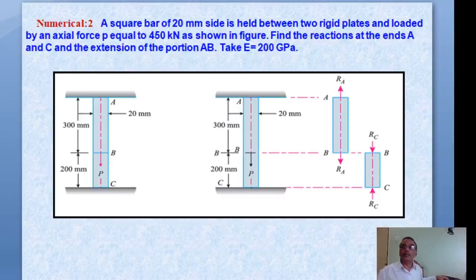Now see that structure, and the FBD is already given here. We have A, it is a rigid support at points A and C, and in that case reactions are acting at those points. RA is the reaction at point A, RC is the reaction at point C. So there are two sections, one is AB and another is BC. Is it right?